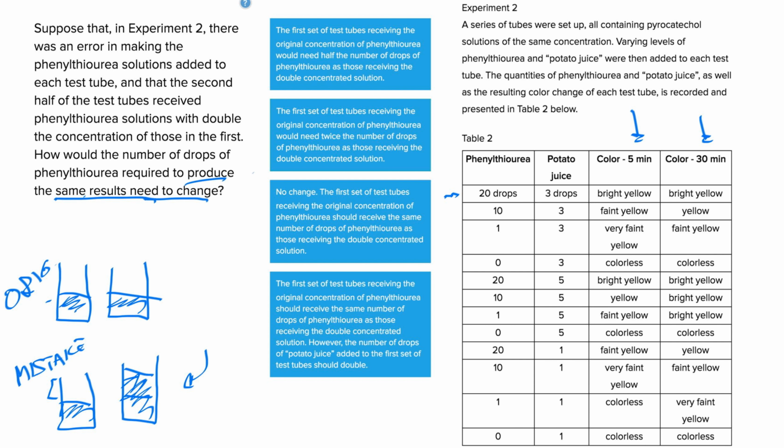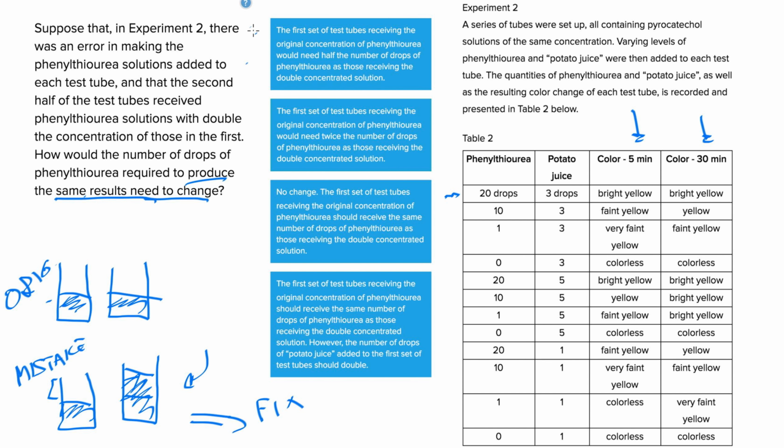for all of the considerations in this table. So answer choice A says the first set of test tubes receiving the original concentration of phenolketonuria would need half the number of drops of phenolketonuria as those receiving the double concentrated solution. So this one now, in the mistake, the way we would fix it for answer choice A would be to say, well, half of our test tubes are going to have half of the original amount, and half of them here would have double the original amount